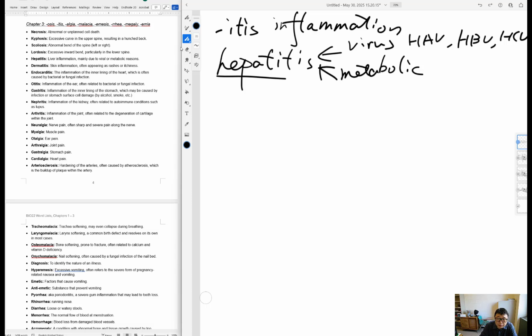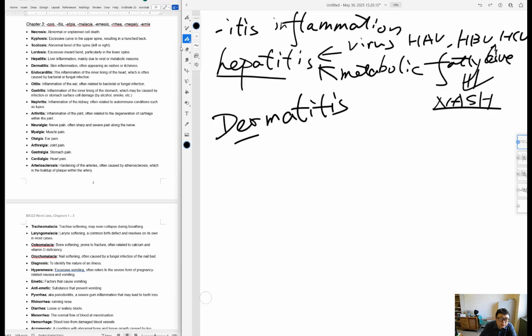For example, you may have heard of fatty liver. Fatty liver itself is not hepatitis, but if fatty liver further progresses into NASH, then it's hepatitis. When it's hepatitis, the liver cells start to die. And then